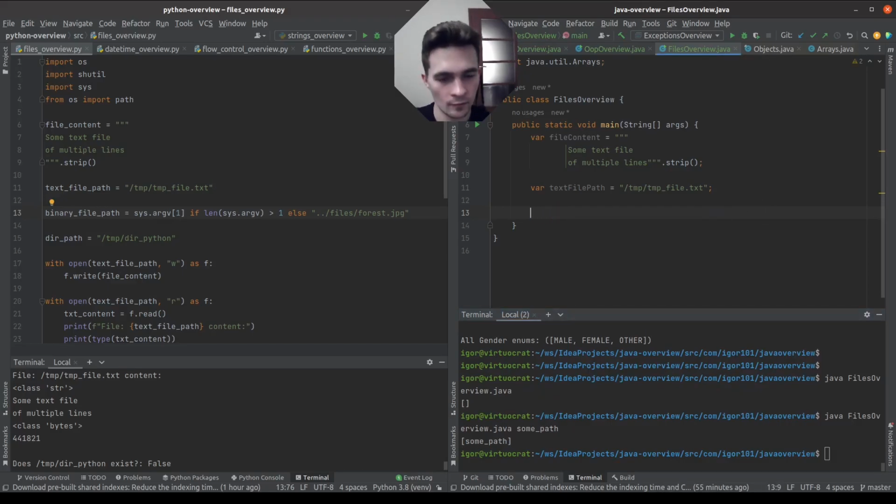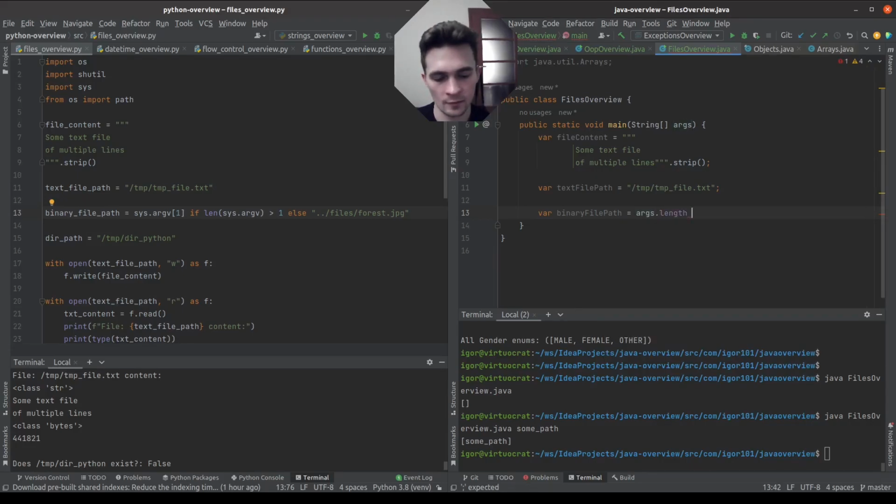So with binary file path, we will do something like a ternary operator. So args length more than 0, let's take args at index 0, and in other case